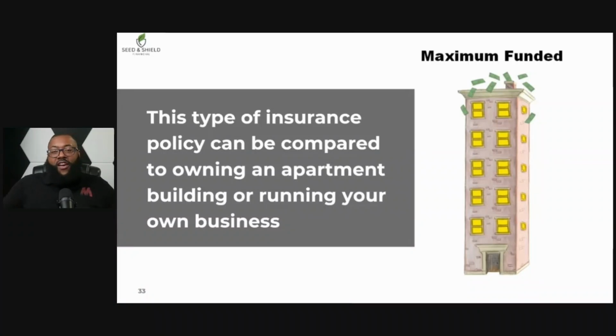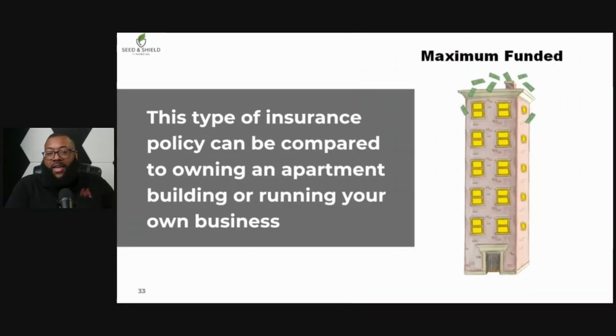So you structure your IUL in a way that whatever your bucket is, let's just say your bucket is $500,000 that you want to move into an IUL, you will structure it in a way where it can accommodate $500,000. And to do so, you have to have a certain amount of insurance to accommodate that. So making sure that your bucket is max funded is key, because if you have an apartment building that can accommodate 5 apartments, but you only rent 3, there's 2, or 40%, that's not being utilized.